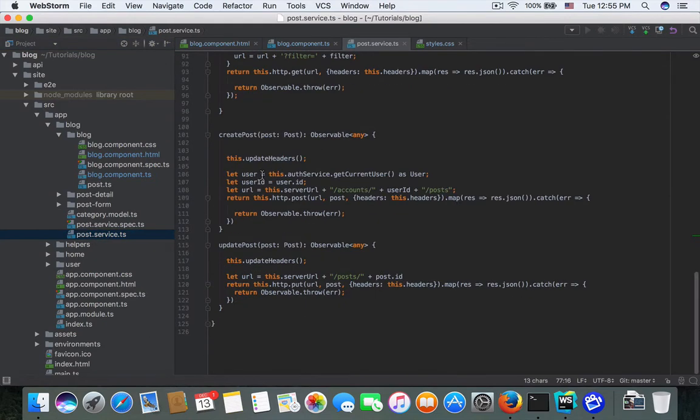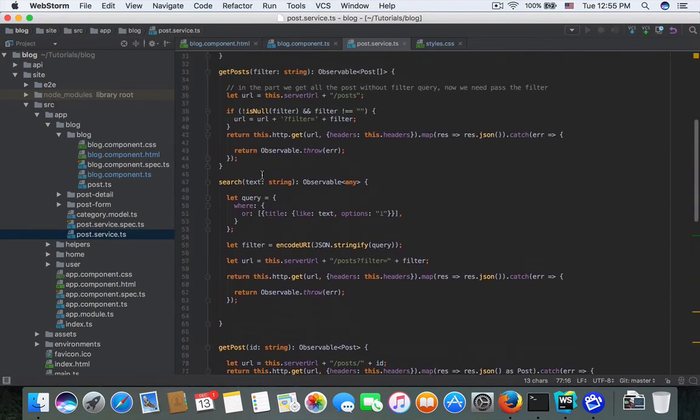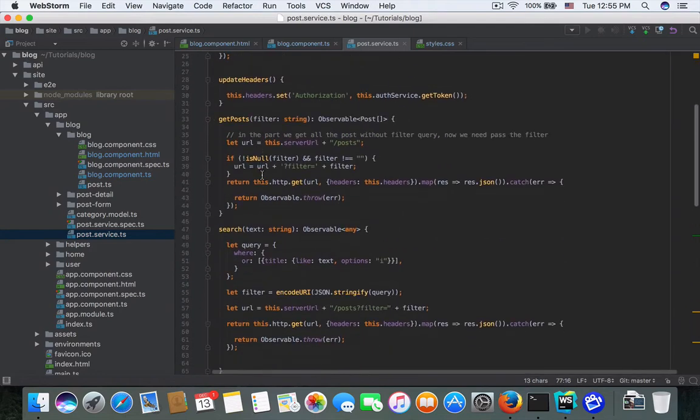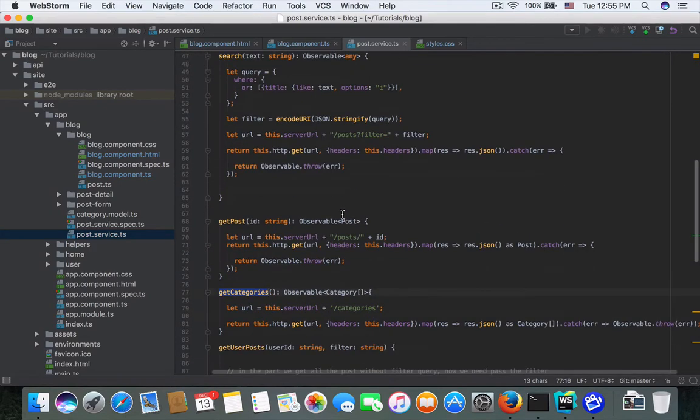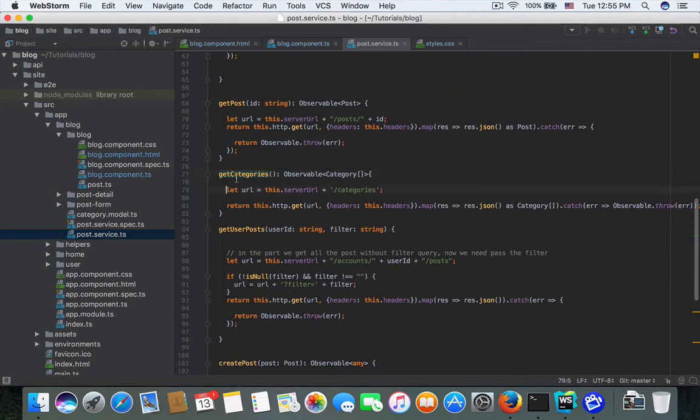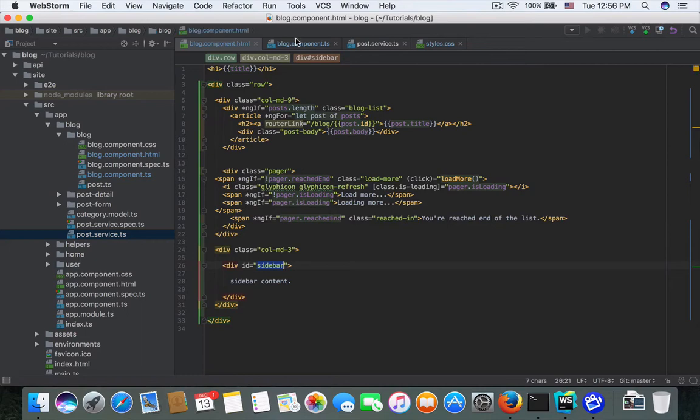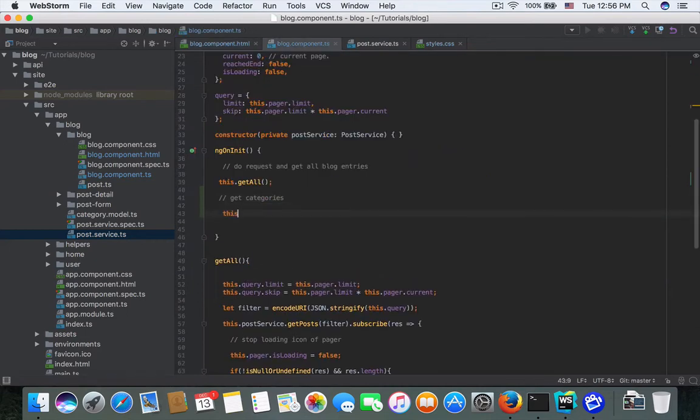We have a post service, so we have a function getCategory here. I'll reuse it by this.postService.getCategory().subscribe